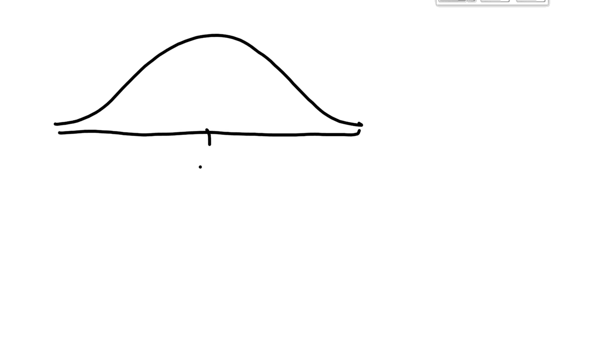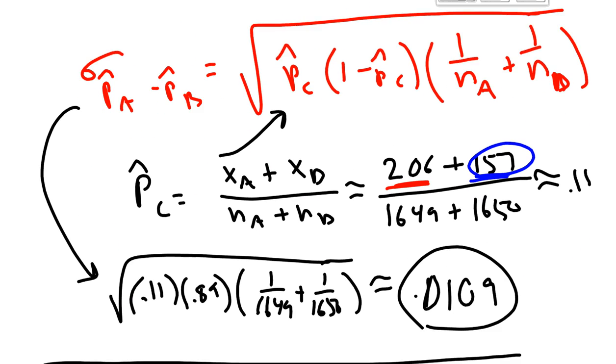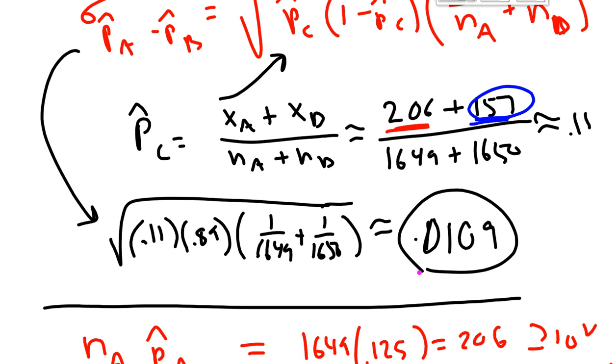We mark off 0 in the middle because that's H0. And then we should take some time to mark off our standard deviation, which if you remember, we found a moment ago. Let's not forget it. Here, I'll circle it for you. There it is,